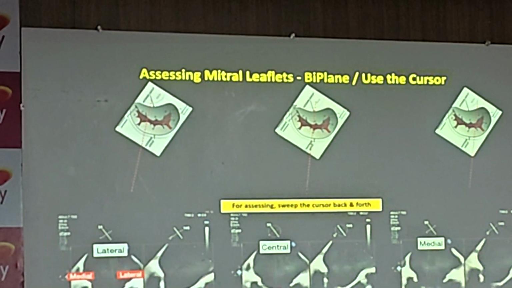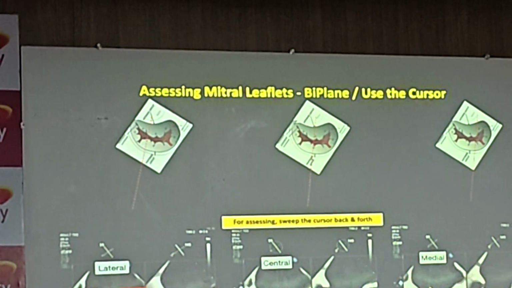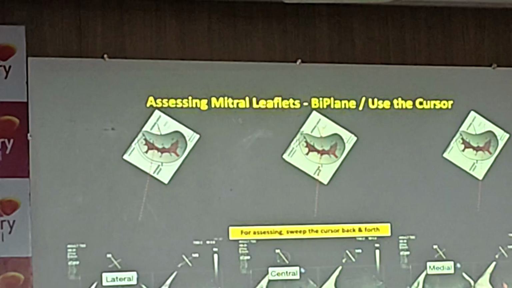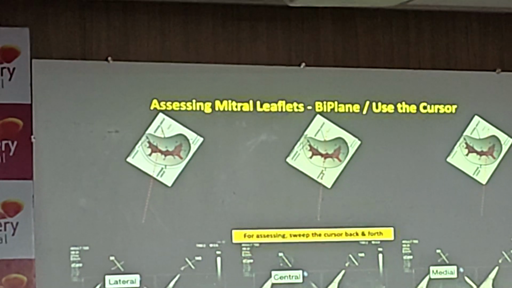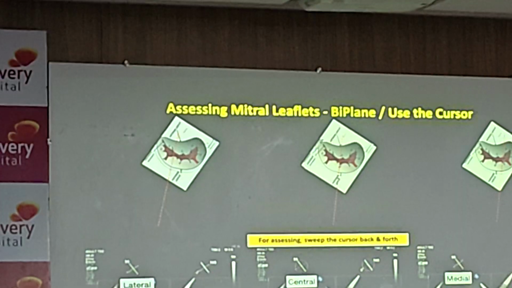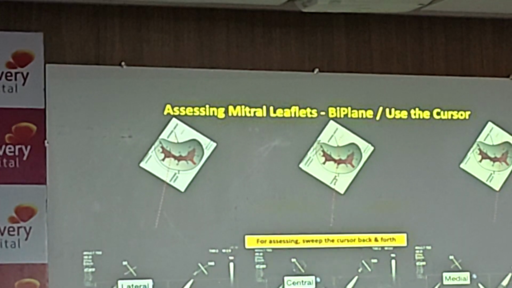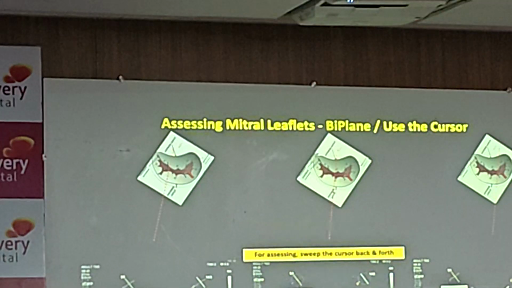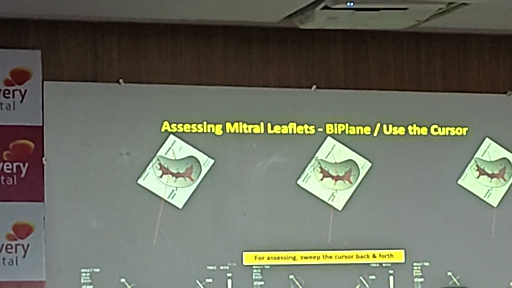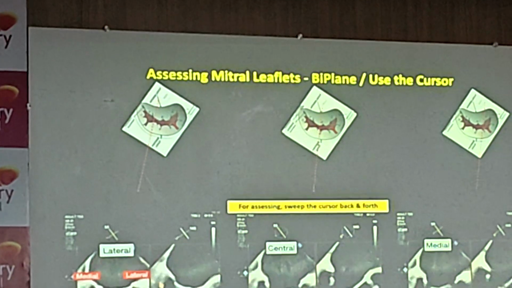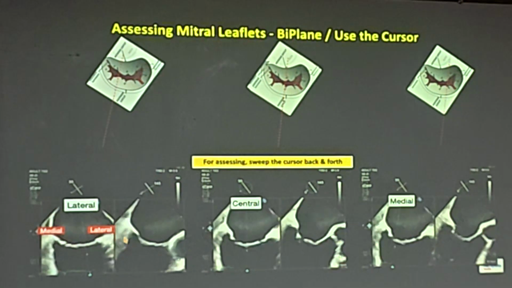Now you move the cursor a little, let's say you go to the medial side. That means whatever you see is the cut on the medial side of the leaflets. Again you have the PML, AML, and then this is the extreme end of the A2 here, and the P2 also will come out there. So you do a sweep. These are actually cuts, but you have to do a sweep. You have to go back and forth. Same thing happens for the lateral side, so you move it back and forth here. So this is how to look at it.